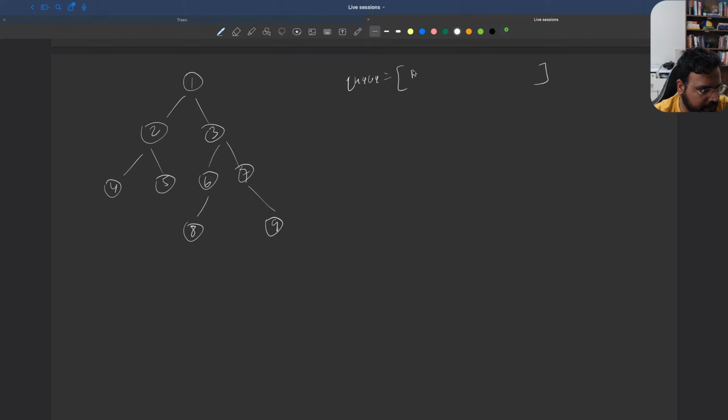Then we'll see how many values the queue has. That many times we want to run the loop. So we want to add 2 and 3 to the queue. We want to remove this 1 and put it in the result. We add 2 and 3 to the queue, and this one will be removed. Then we want to take out 2, pop 2,